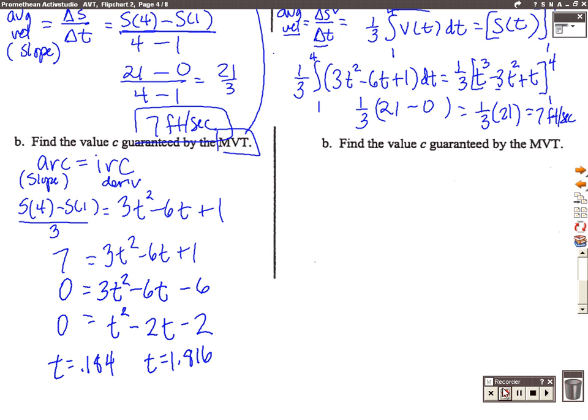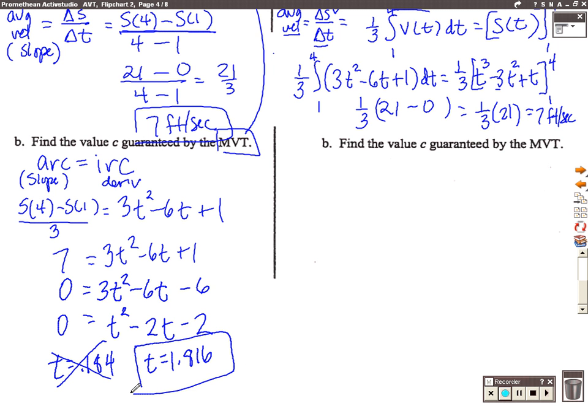Okay, now this function is not factorable, so I went to my calculator, or the quadratic formula, and there were 2 times at which my instant rate was equal to my average rate. 1.184 is not on the interval of 1 to 4, so